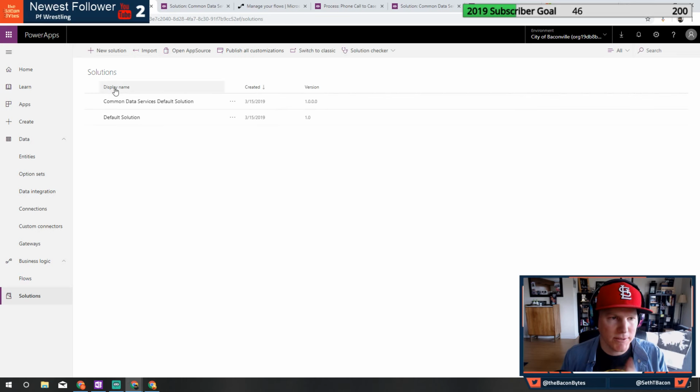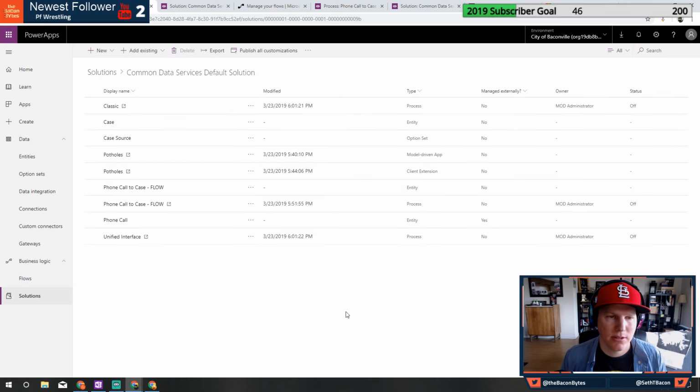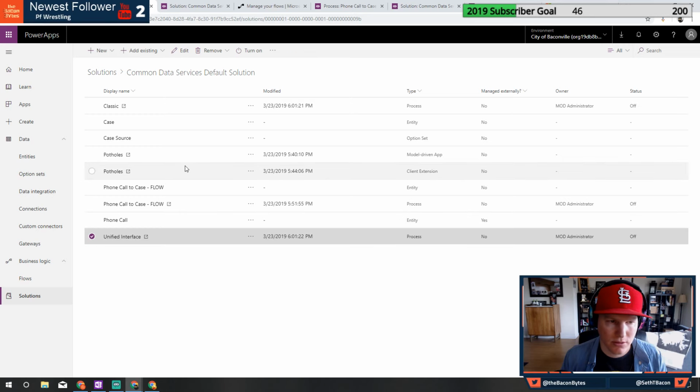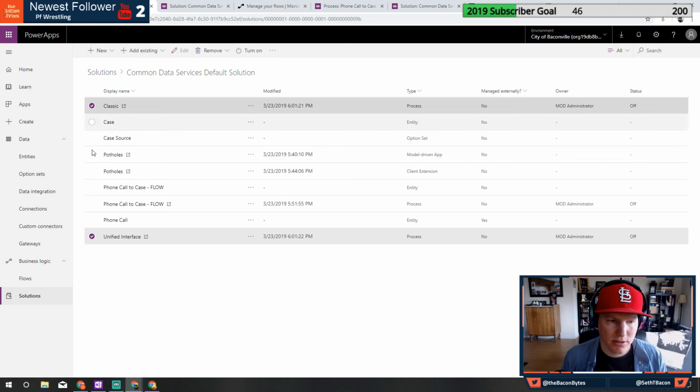So if we go here to solutions and go back to this. Those are the two flows. The phone unified interface and the classic. I'm not seeing any difference.